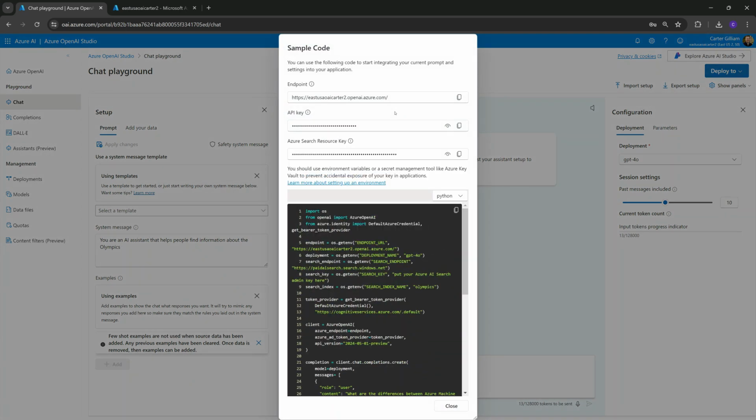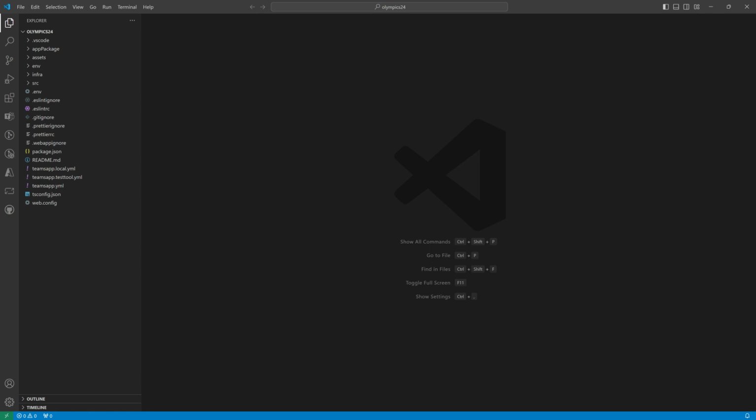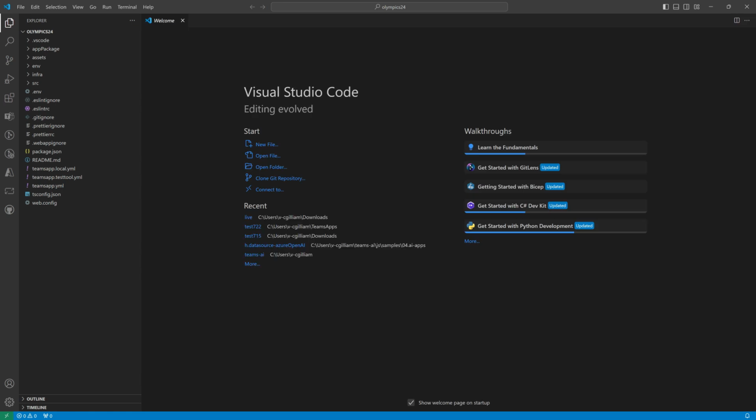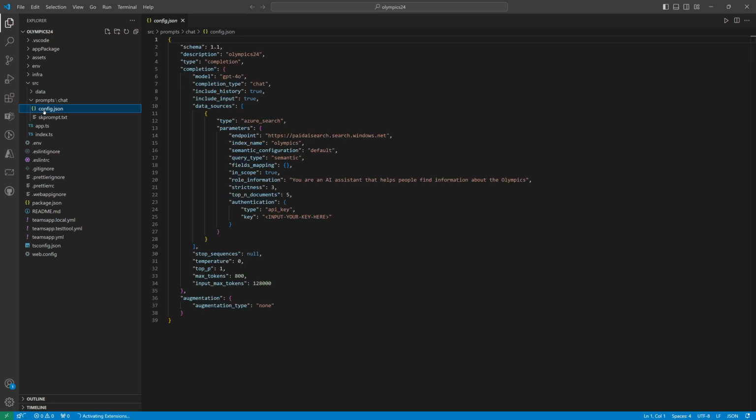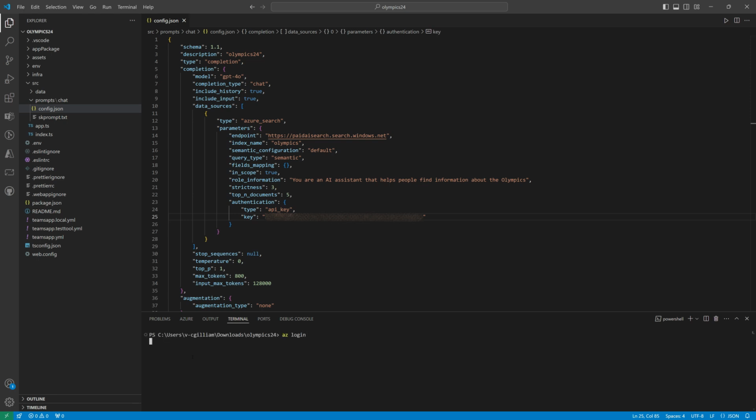But before we do that, we want to click View Code and copy our Azure Search resource key. After extracting and opening our Teams app folder in Visual Studio Code, we can see all the pre-scaffolded code of our project. Now we go to the src prompt and then the config.json file to add in our API search key. We open up the terminal to use Azure CLI with AZ login, selecting our Azure account with access to